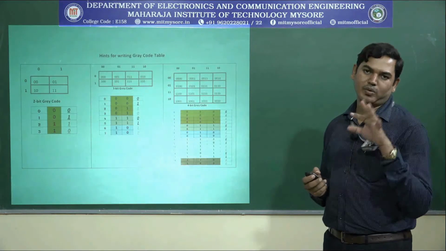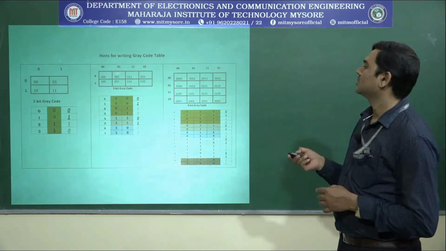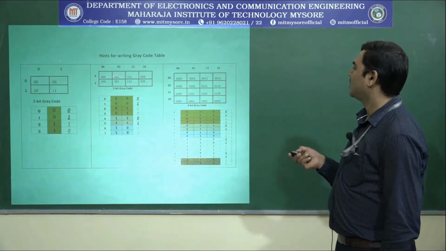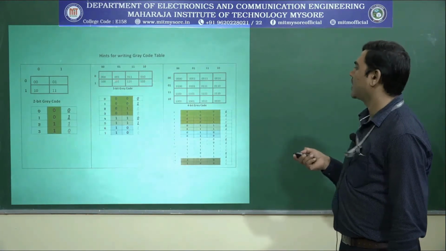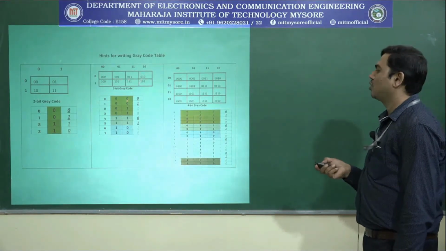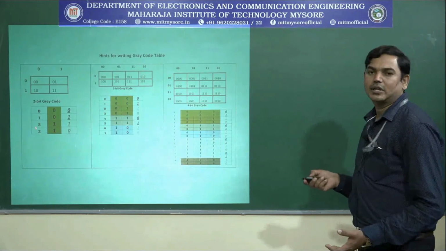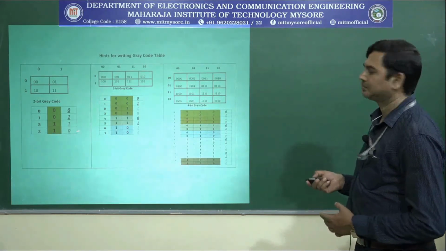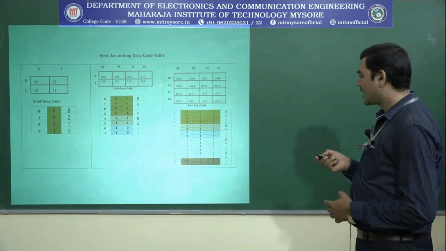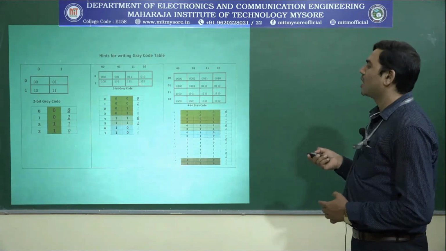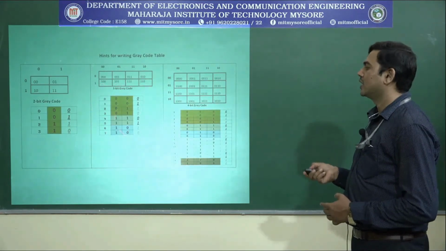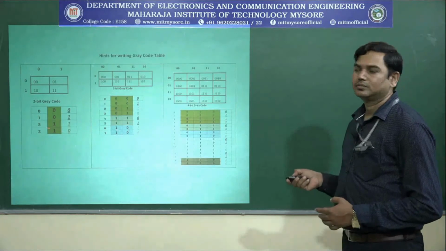So, you need to write a 3-variable K-map. 3-variable K-map means 2 power 3, it will have 8 cells. So, this is how you are going to write those 8 cells. Start traversing from left to right and again back from right to left. So, here you simply transfer these codes into the columns that represent the gray code of the numbers in 3-bit. 0 0 0, 0 0 1, 0 1 1, 0 1 0, come back, do not go here, 1 1 0 followed by 1 1 1, 1 0 1, 1 0 0. So, that is the gray code.